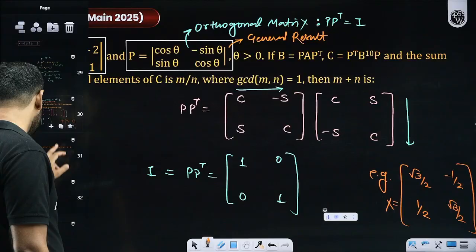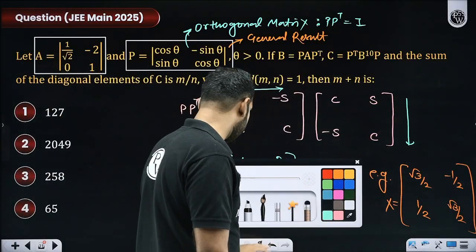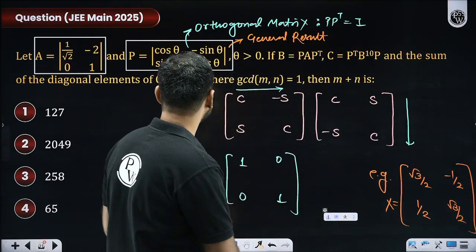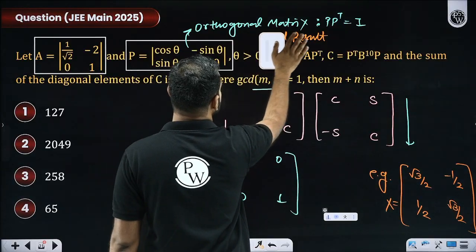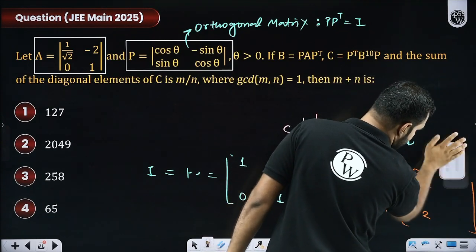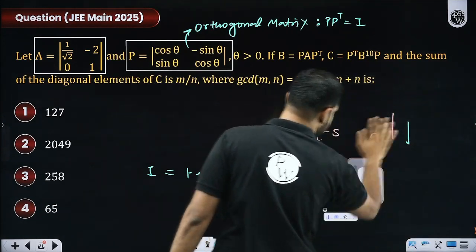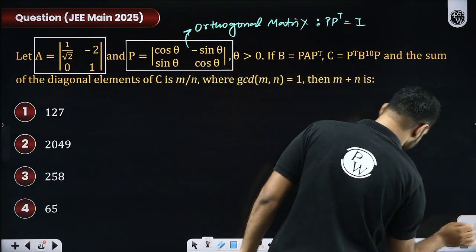This was something else which you're supposed to remember and memorize. Now, what I mean by this result which I am discussing right now with you all is this: first of all, I have concluded that P is an orthogonal matrix, which you all now understand pretty well. Do you remember it? We had a discussion on this, all the participants. Now, if I have this conclusion in mind, sir, how is it going to be useful in this question?